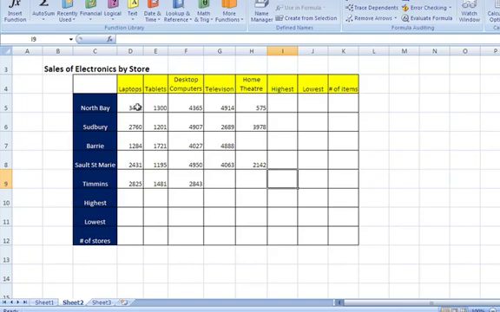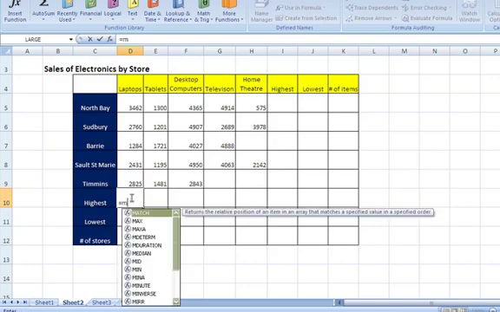Right, so I've changed the data in my table a little bit and I've removed the total and the average, but what I want to do now is for this column here, laptops sold, I want to know which store sold the most. So I'm going to put in equals, and our function here, because we're looking for the highest number of sales or the maximum sales, we start typing max, and